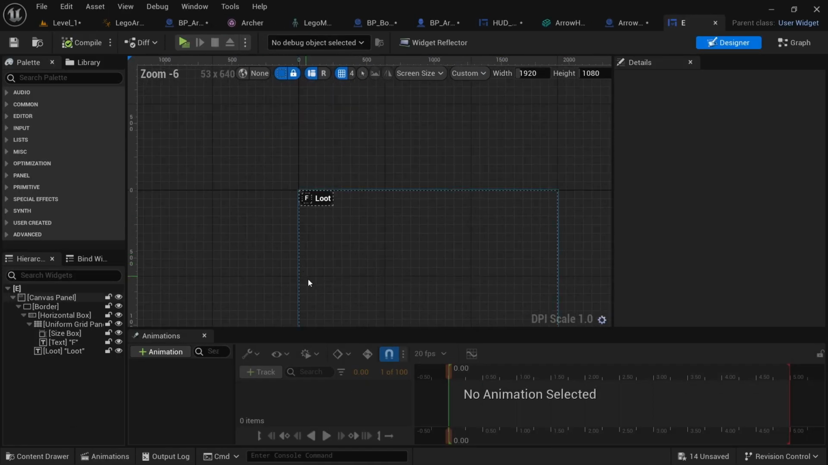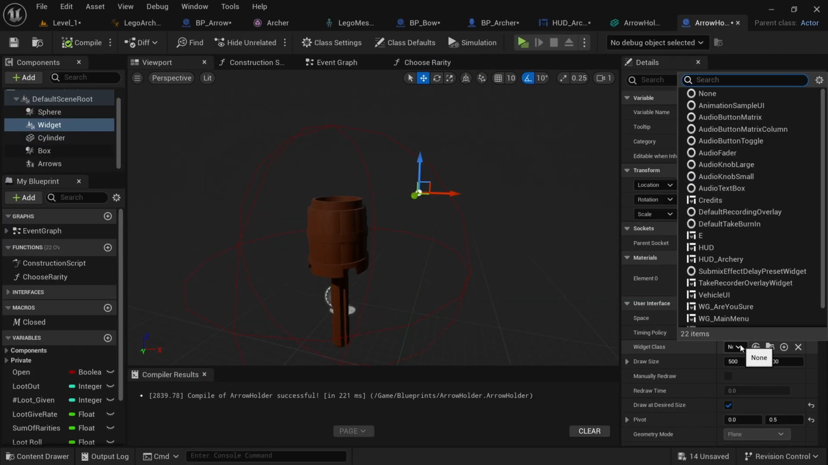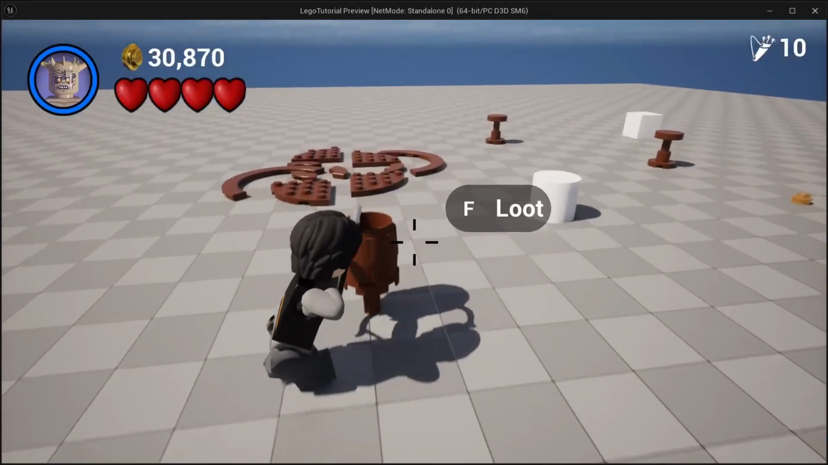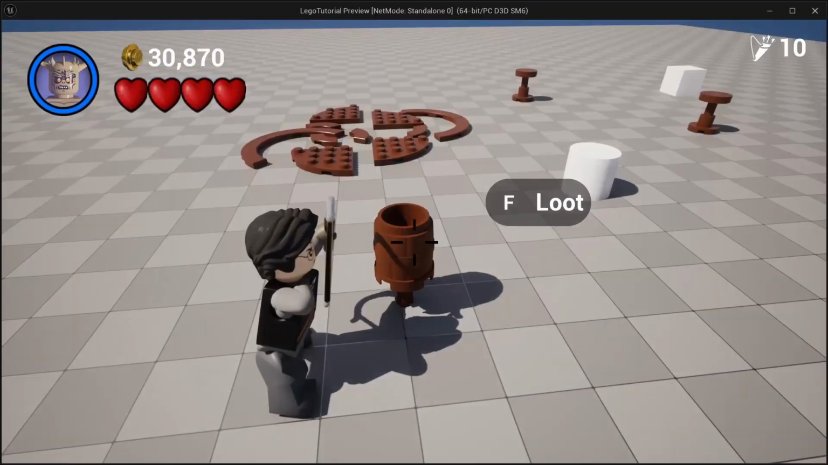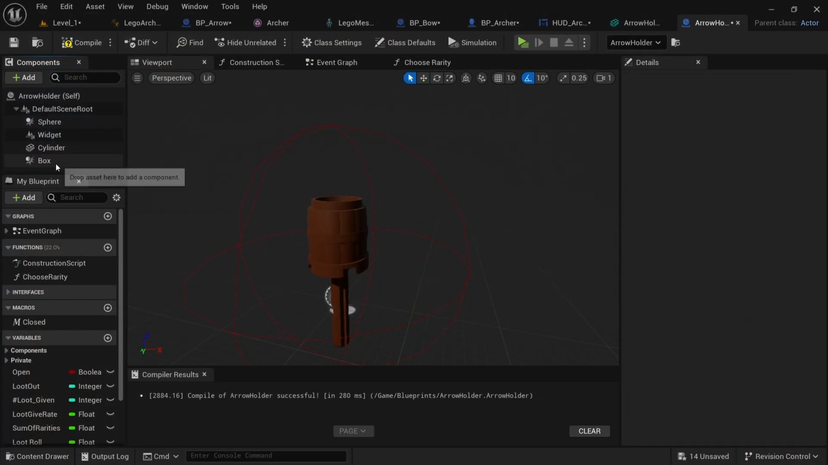and open that up, and it's just a simple little thing that says loot, and then come down here to widget class, call it E, and if I click play, you can see there it is. If I walk up to it, it says F. It doesn't do anything right now, so we're just going to set up